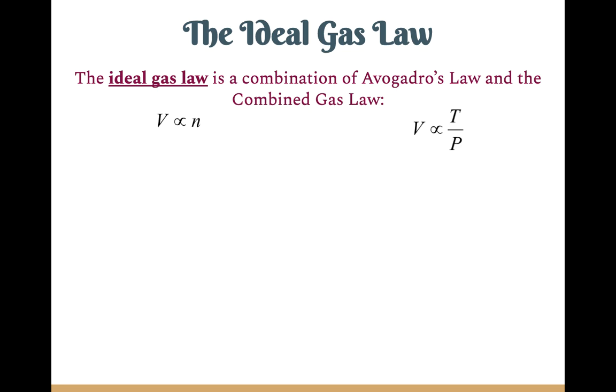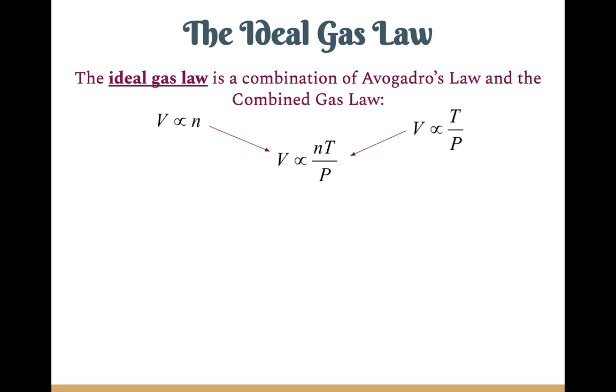So Avogadro's law told us that volume was directly proportional to the number of moles. So that symbol there is the symbol for proportional. And the combined gas law was that volume is directly proportional to temperature, but inversely proportional to pressure. So you can put those together and get that the volume is proportional to moles and temperature and inversely proportional